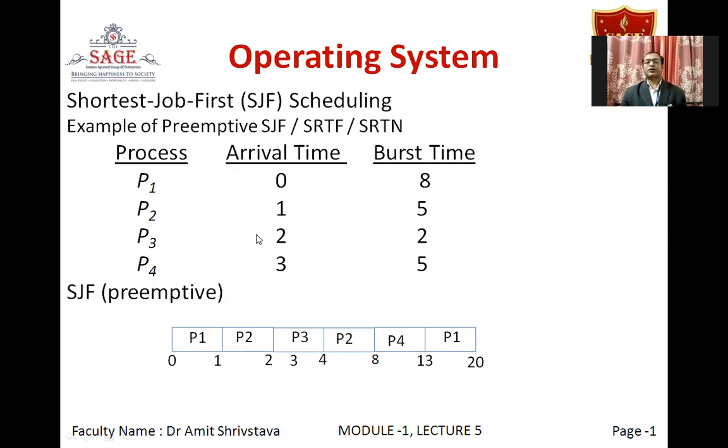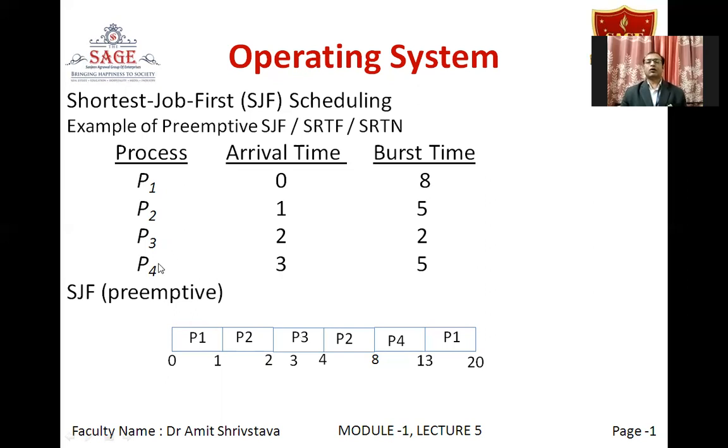Okay. Now after 2 unit time interval, P3 has also arrived, right? So P2 has already executed from 1 to 2, that is 1 unit time interval has already completed of P2. So now P2 remaining time is 4 unit time interval. P1 remaining time is 7 unit time interval. And the new process which has arrived just now is P3, whose CPU burst time is 2. So 7, 4, and 2. So among these three, P3 has got the smallest CPU burst. So we will again take the CPU from P2 and give it to P3.